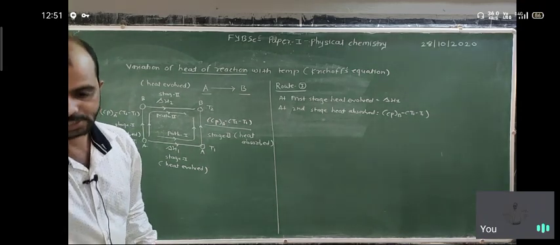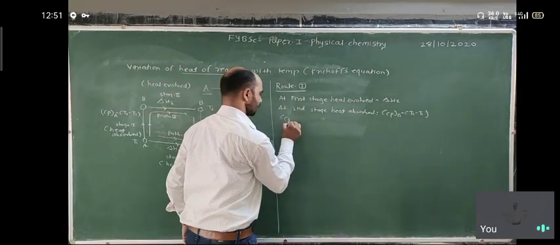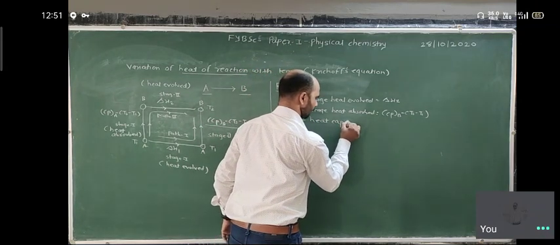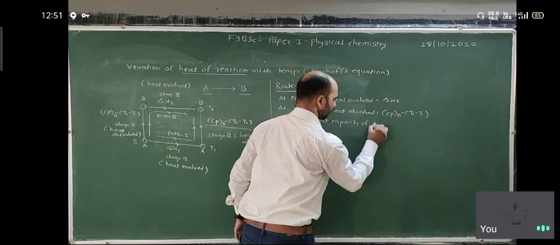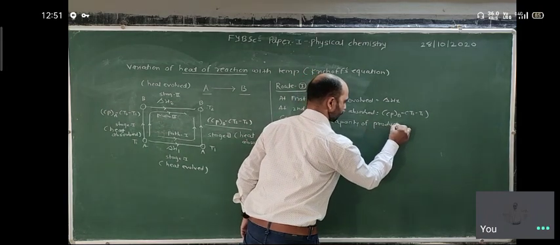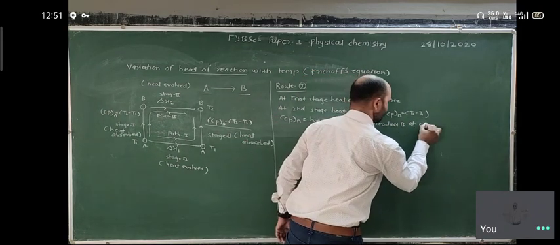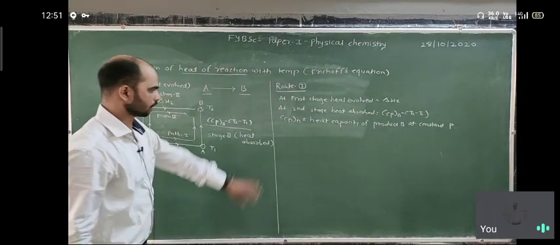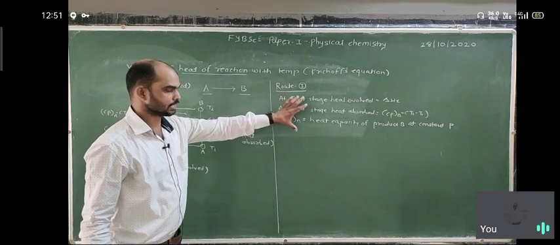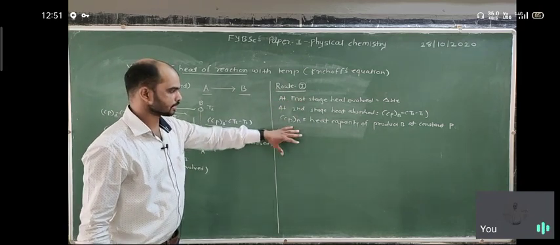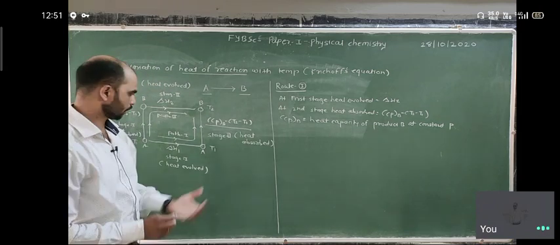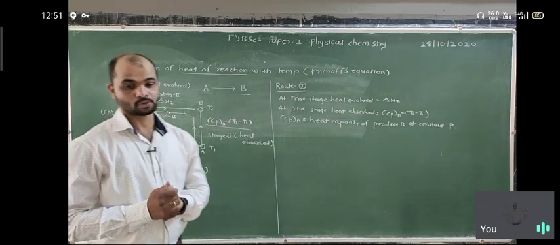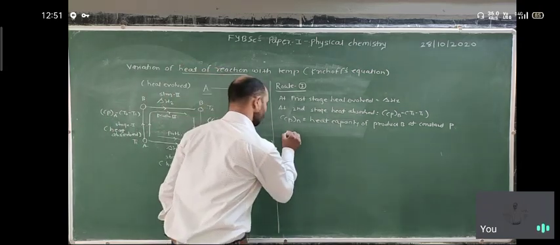So here Cp B is equal to what? It is the heat capacity of product B at constant pressure. First of all, you understand this, and you easily understand how much net heat is evolved. In the first stage, heat is evolved. In the second stage, heat is absorbed. So net heat evolved is equal to